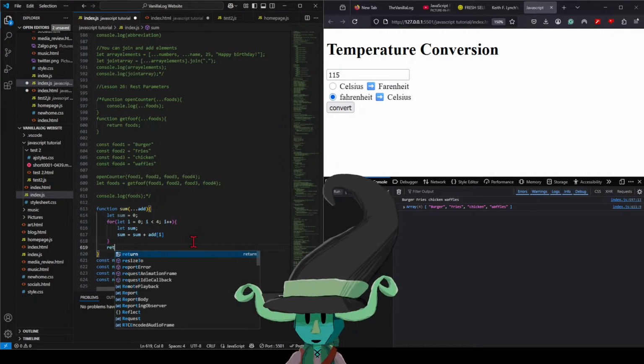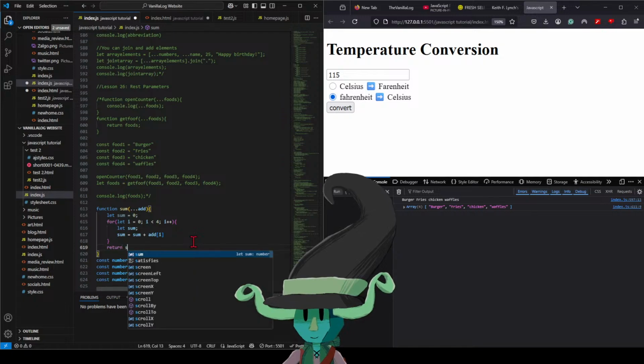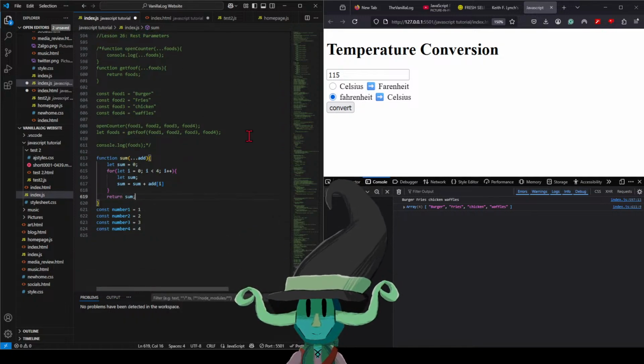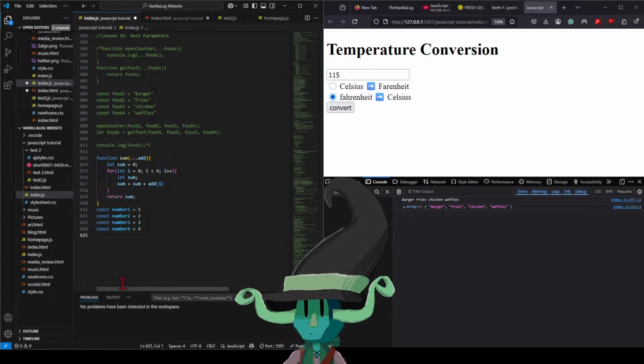Okay, then return sum. Okay. Let sum equals 0, for let i equals 0, i is less than 4, i. Okay, then answer then equals,